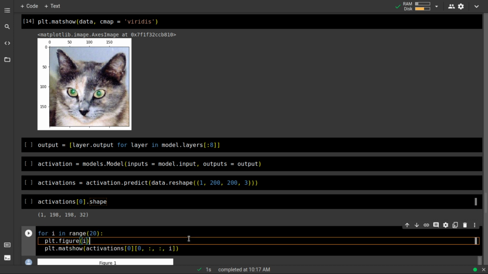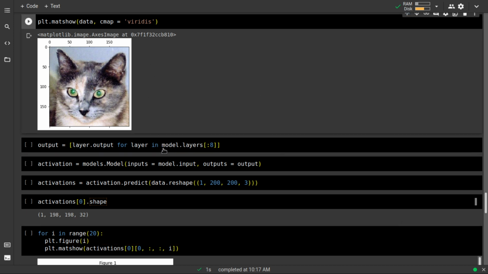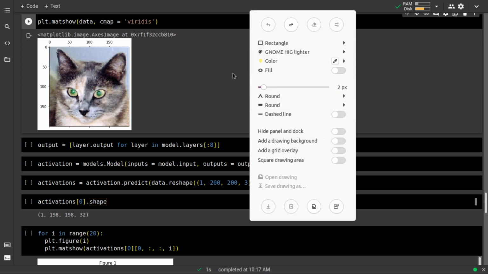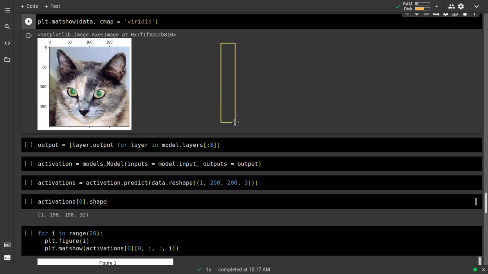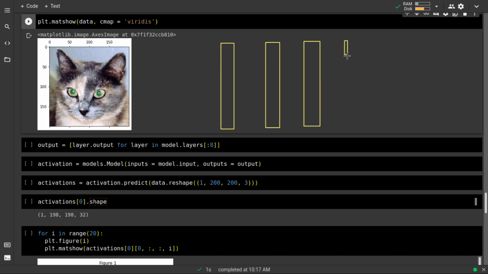So yes, now let us try to understand what is happening over here. Okay, so let us try to understand what this code actually means. Say you have a neural network, a CNN to be specific. So I'm going to make these. I could have used a rectangle. So these are your convolutional layers, right? Say you had a convolutional neural network, which is kind of this one.